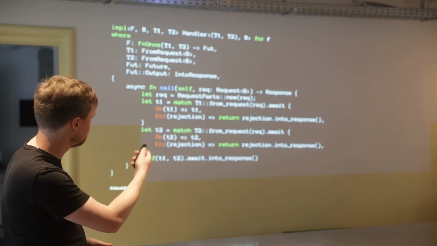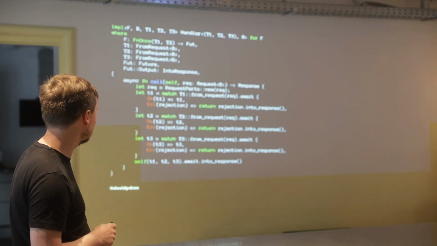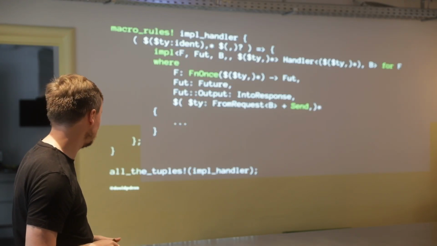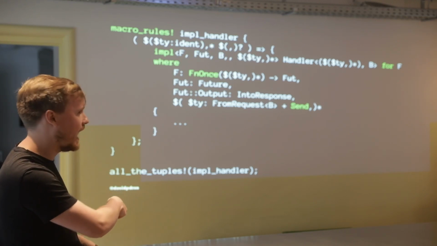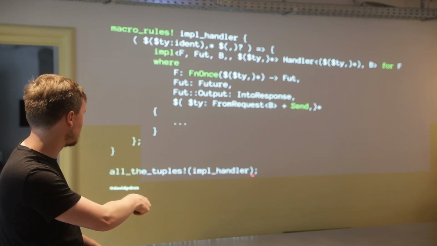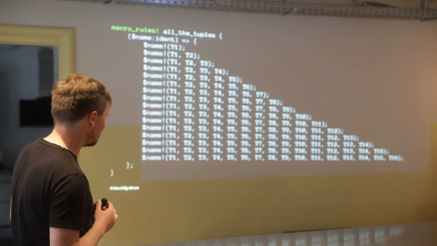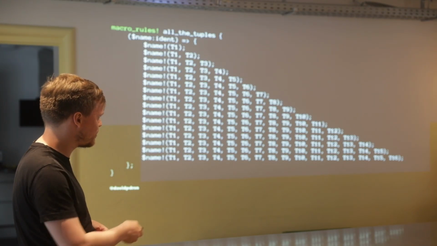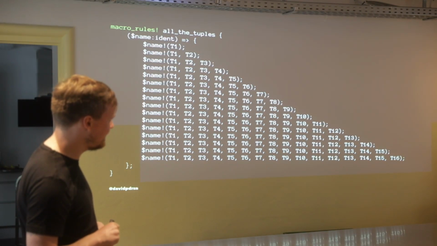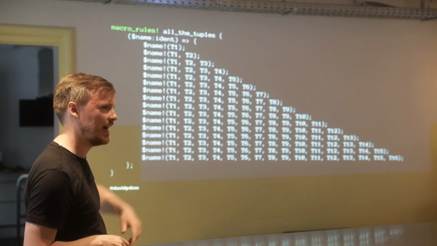And this scales as well. 2 arguments, 3 arguments, see where this is going. We have a little macro that we use to generate all these implementations internally. And way at the bottom, we have a higher order macro, basically, called all_the_tuples, that takes another macro and expands into this. So you're right, Rust does not have variadic functions, and Axum extractors only accept up to 16 arguments. If you want 17, I'm very curious what your use case is, but you're welcome to open an issue, and then we'll add one more line to this macro.